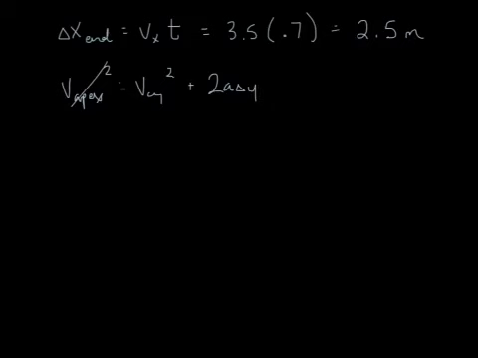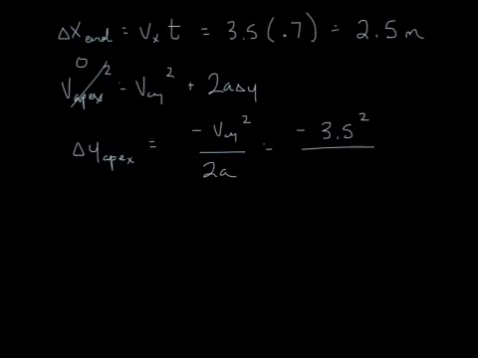And V at the apex we know is equal to 0. Rearrange for delta y, we get that delta y at the apex is equal to negative V naught y squared divided by 2a. So we get then negative 3.5 squared divided by 2 times negative 10, and we get about